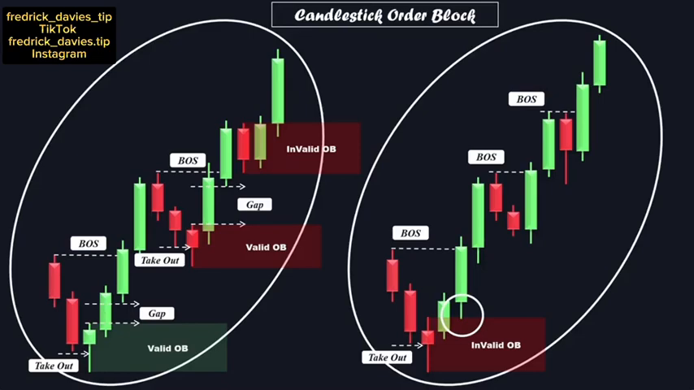When faced with scenarios like this, where the price has taken out the liquidity from the previous candle, but the order block is mitigated, or when the price fails to create inefficiency, we designate the subsequent candlestick as the valid order block. In this case, we identify this bullish candle as the valid order block instead of the previous selling candle. This decision is based on the fact that the price has generated a proper inefficiency or imbalance immediately following